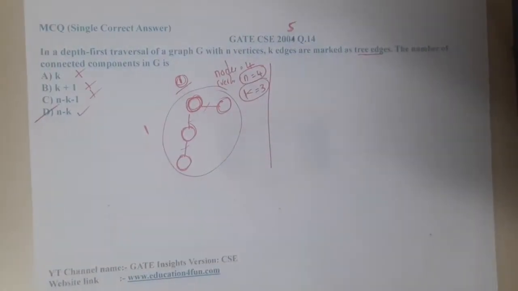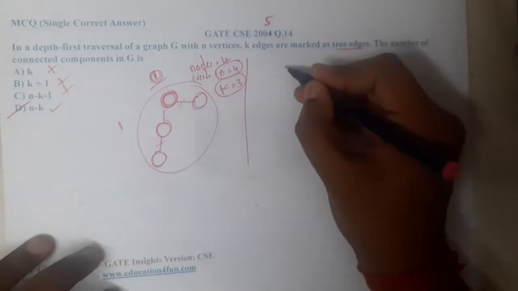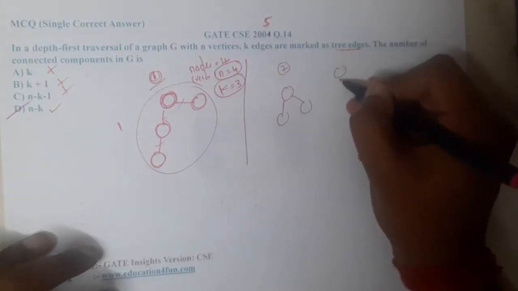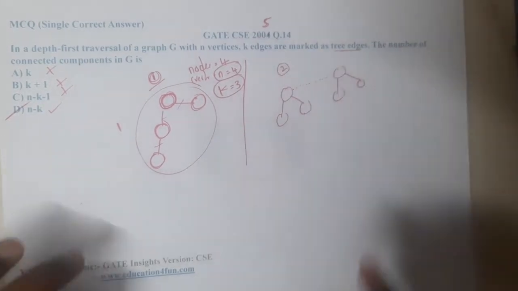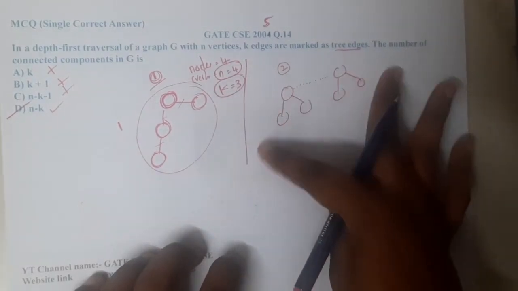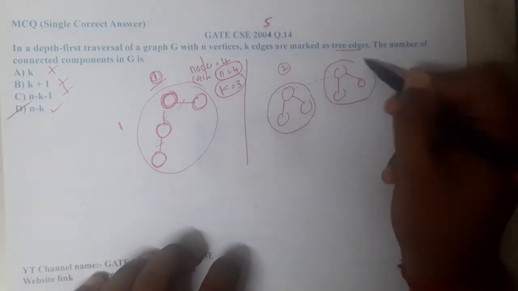So a few of you might be saying that, okay, we got the idea, but we want more confirmation. So let us take 2 components. Okay. So let us draw 2 different graphs. Okay. And assume that this is a line or an edge which is removed. Okay. Yes. So because of that removal, these became 2 distinct components. So this is the first component and this is the second component. They are not connected. Okay.